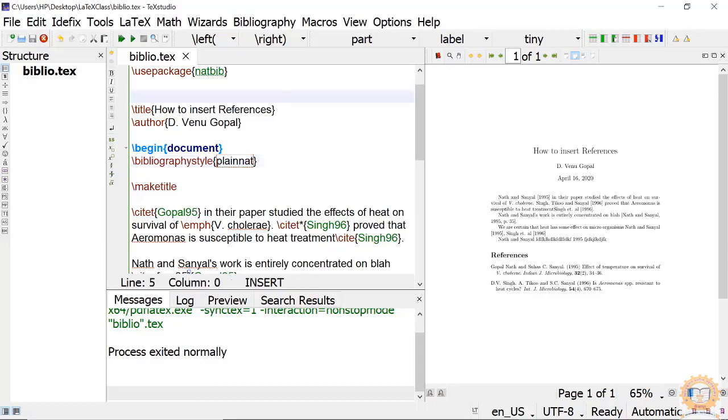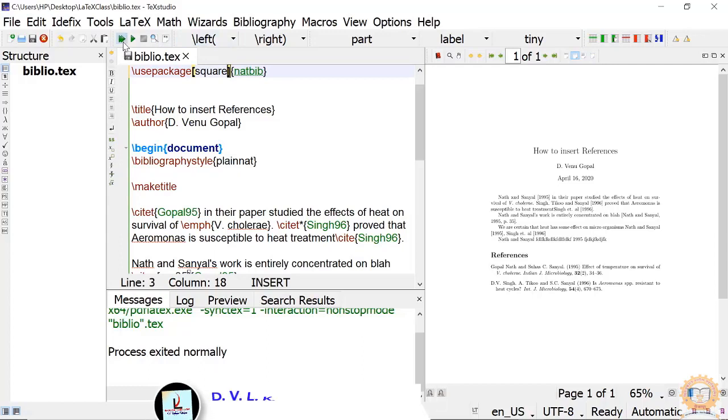In addition, there are options also available. What are the options? One of the options is how the numbering will come. Suppose you write square, this will come in squares. See, if you say round, the thing will come in generally parenthesis.